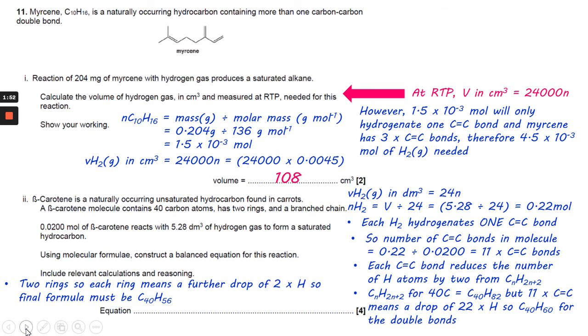However, we're not finished yet because it says it's got 2 rings. And if you remember, alkenes are isomeric with cycloalkanes. So therefore each ring will be a further drop of 2 hydrogens. So you drop a further 4 hydrogens to get C40H56. So if you get C40H56 and react with 11 hydrogens,